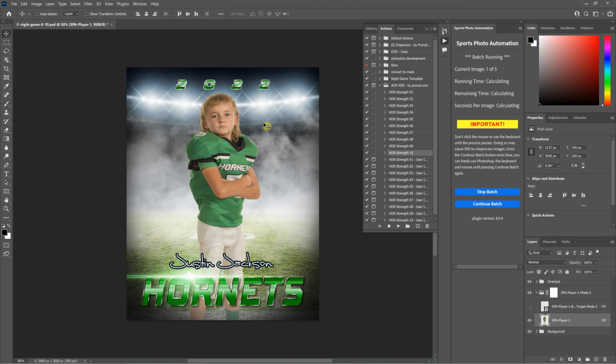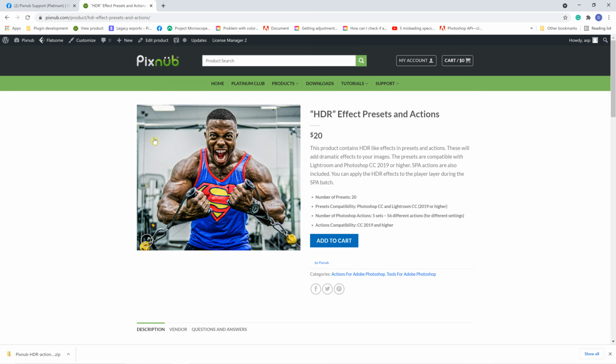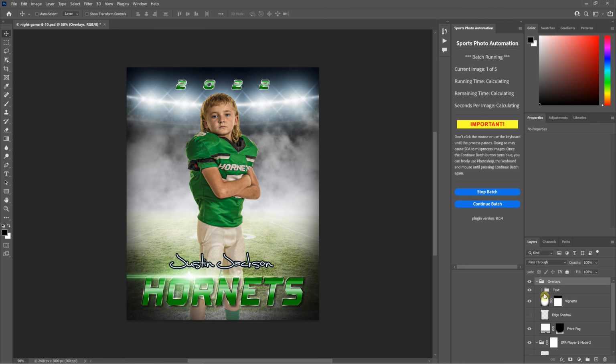So, for instance, we've got a grunge-like action here. You could run that, or any other actions that you want to run for that matter. And this action, by the way, that I just ran to add that effect, those are available on the Pixnub website. But like I mentioned, it's just full Photoshop access to do whatever you want. You could change the player name. I think you get the idea here, but